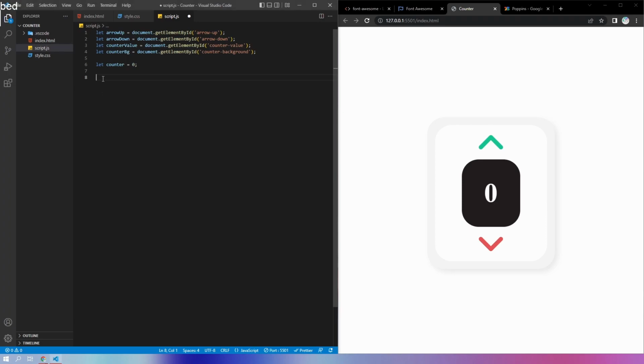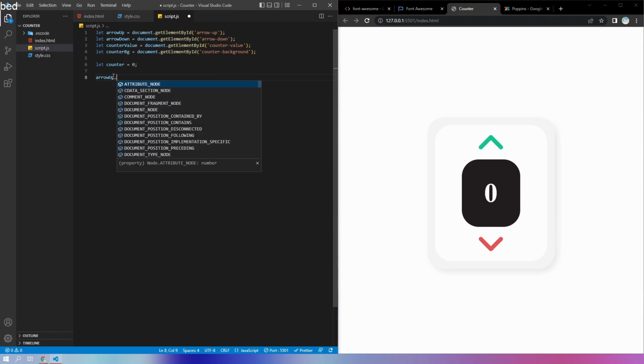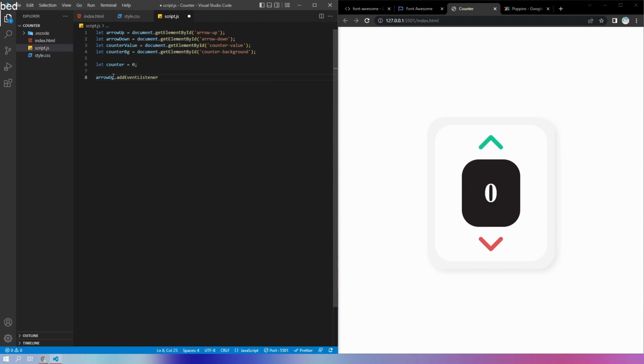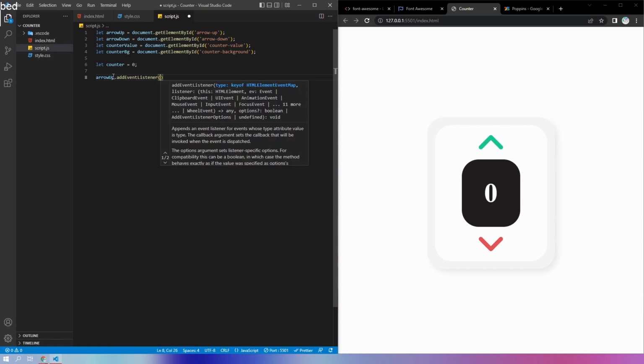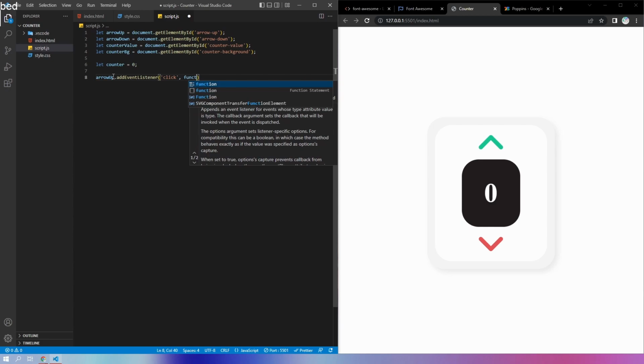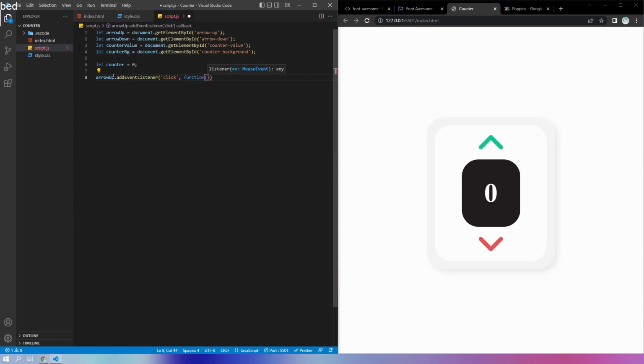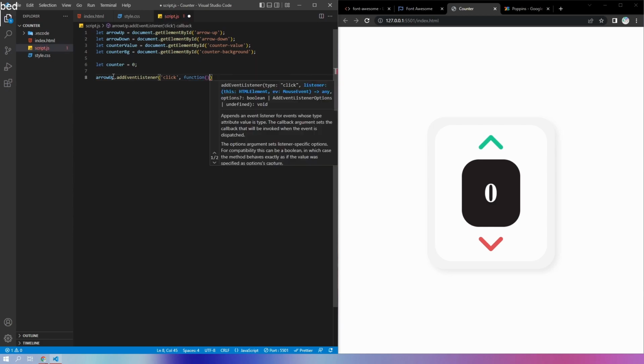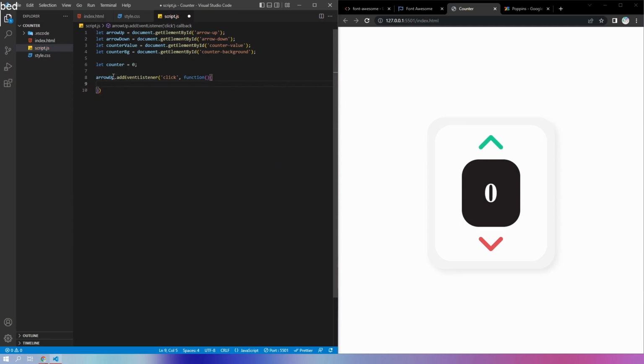And now the second thing that we're going to do is basically to check if we clicked one of the arrows. So to do that, let's go ahead and get our arrow up, and let's add an event listener to it. Event listeners take an event and a function. So the event is going to be a click, and then let's get our function right here, and we can put the code that we want to execute whenever we click on this angle up